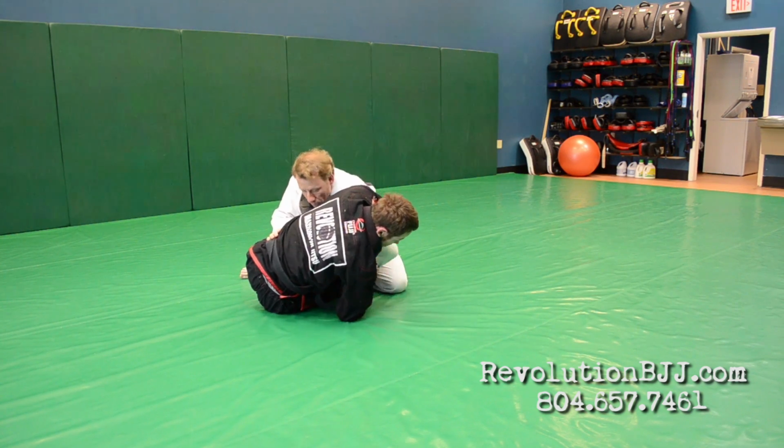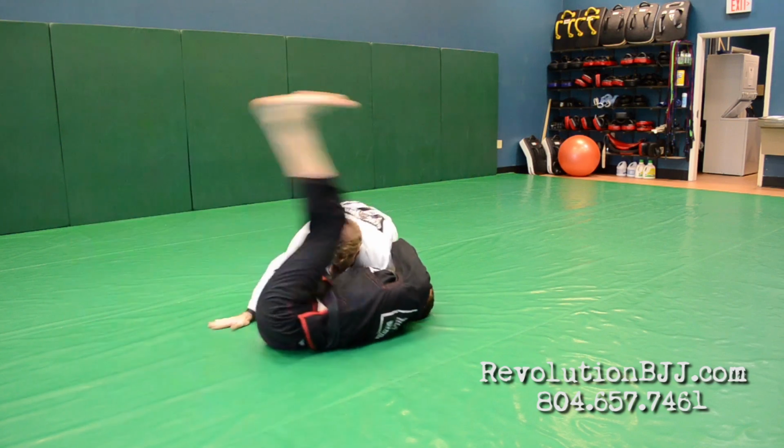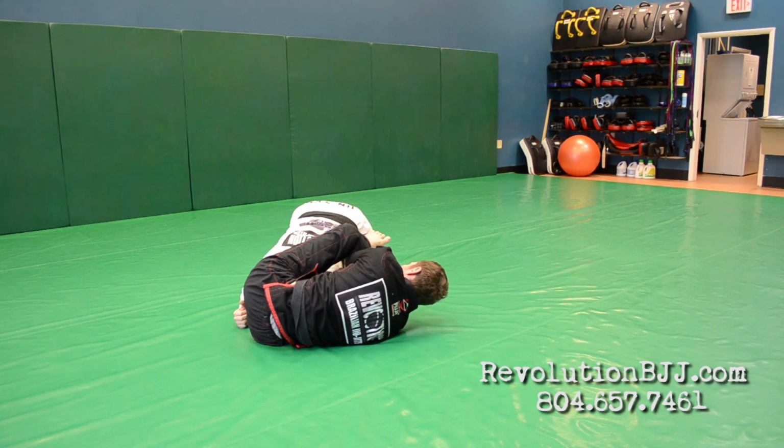He grabs inside again, extend, up and over. I can't get it free here. I step and I try to pull and I just can't get it free. No problem. I'm going to use it as an anchor again. I'm going to climb up,